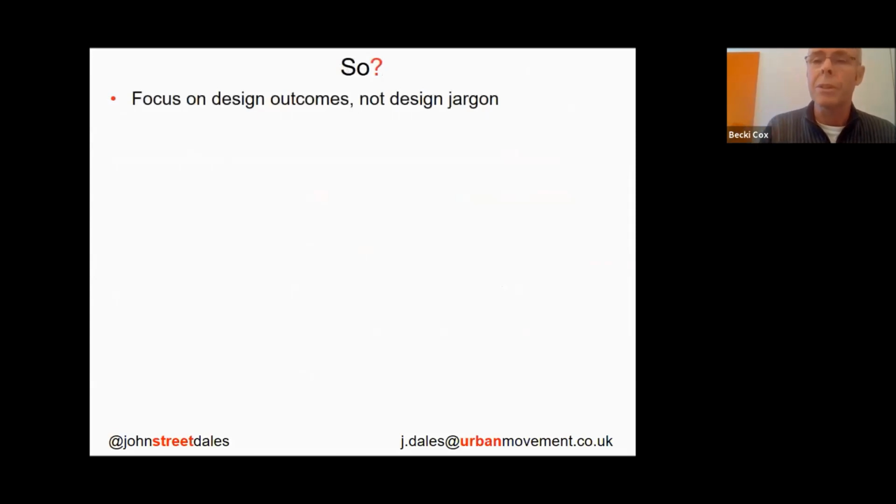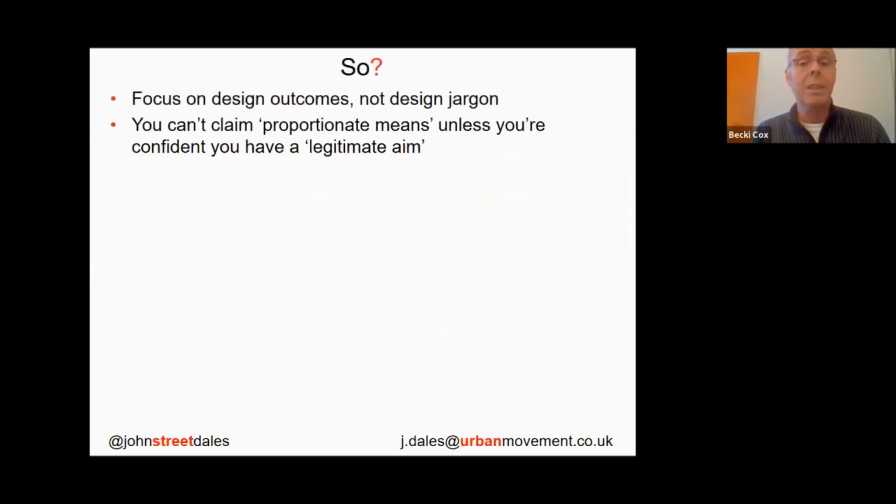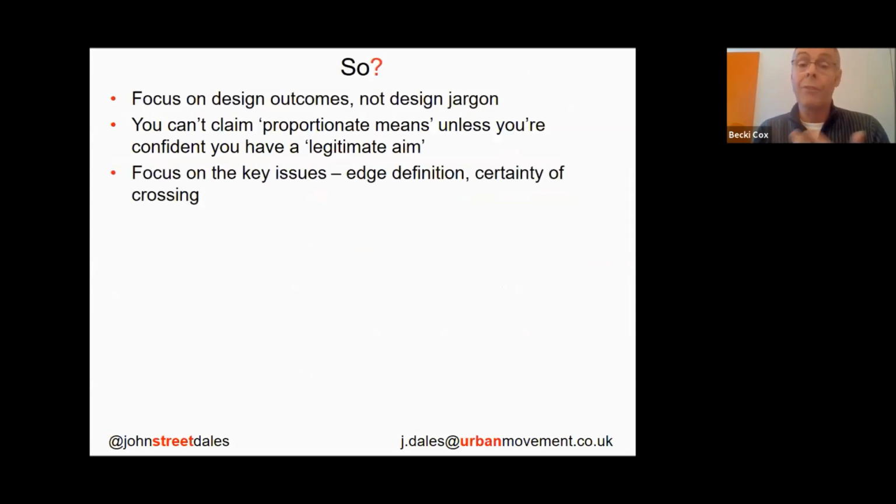First of all, you need to focus on your design outcomes, not on design jargon. We're not trying to do shared space, we're trying to achieve some things. If you don't know what your design outcomes are, you won't be able to claim proportionate means, because you won't know whether you have a legitimate aim, which is your outcomes. What are you trying to achieve? And therefore, why might the thing you are doing be something you can do, even though it doesn't work best for some people? So focus on these key issues of edge definition and certainty of crossing, engage, listen, process, and